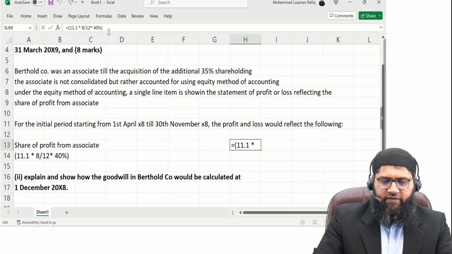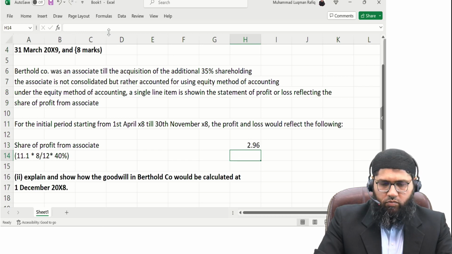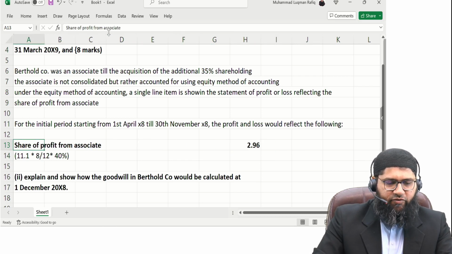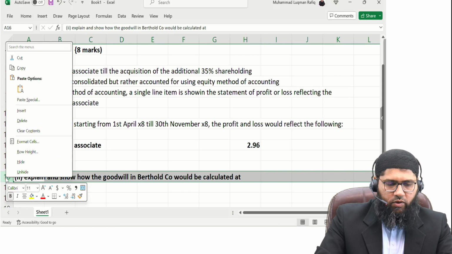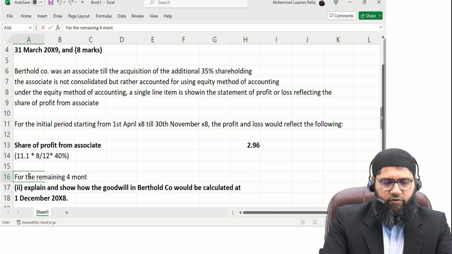So 2.96 million is going to be the share of profit from associate. That's one thing that you would do. For the remaining 4 months,